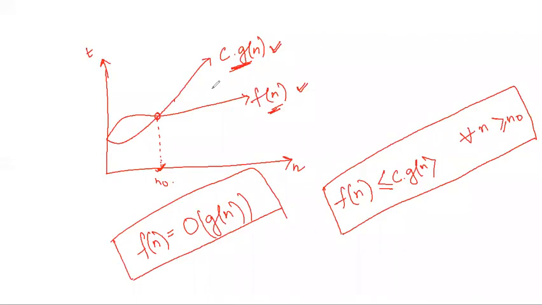Now see, there are a few things in this. What things? When I am saying c, this c is a constant. This n0, this c, these are all positive constants. And this g(n), f(n), these are expressed in terms of n. Let us solve one example in order to understand.